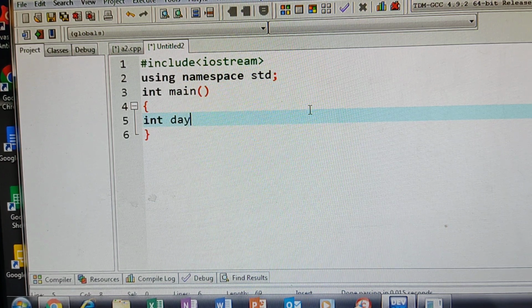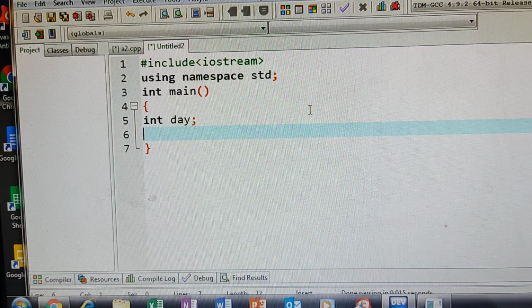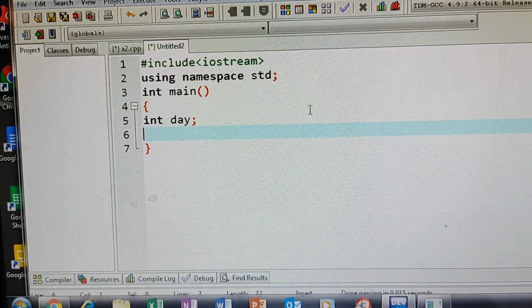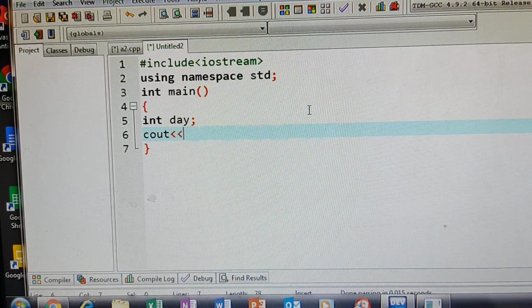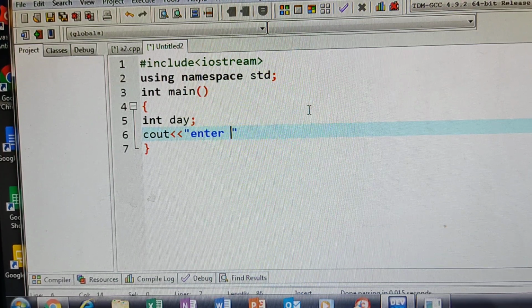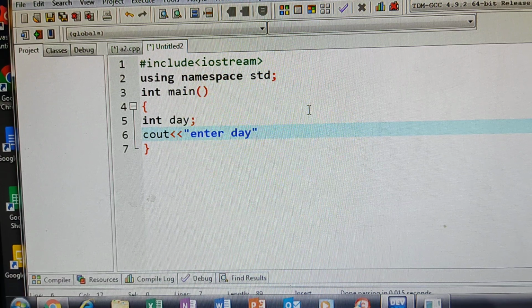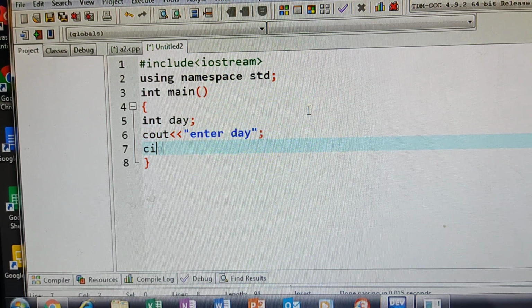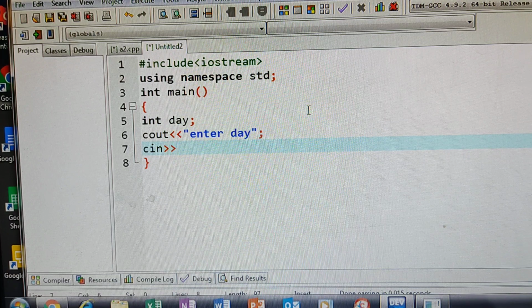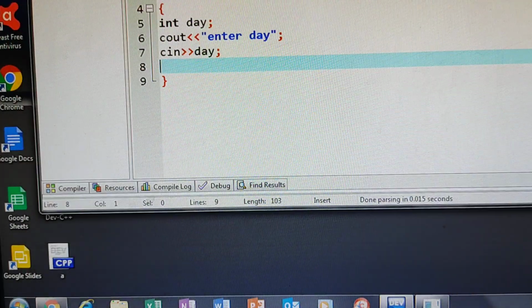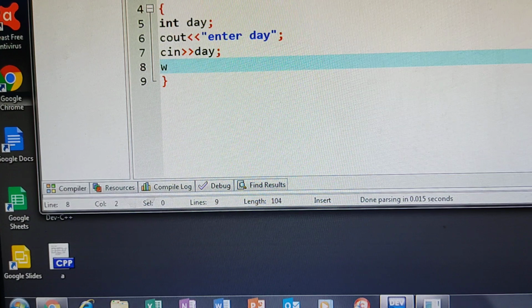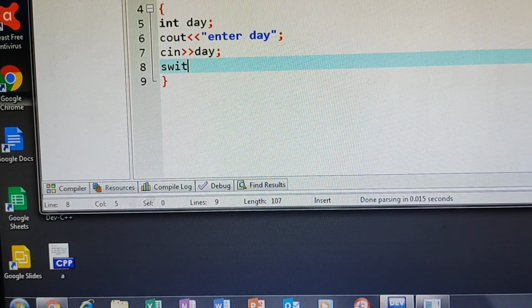This theory part already I have explained. Now cout, I am giving a prompt to the user to enter the day. The user will give the day, and that is stored in the day variable. Now whatever day the user has given, that is compared with the number of possibilities. How many possibilities do you have? 7.